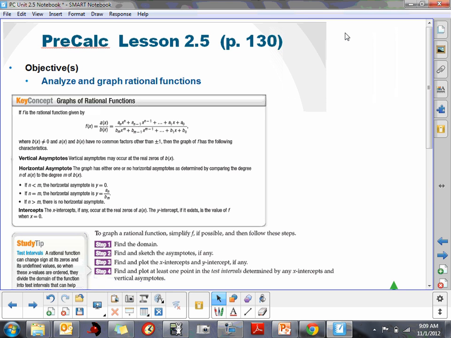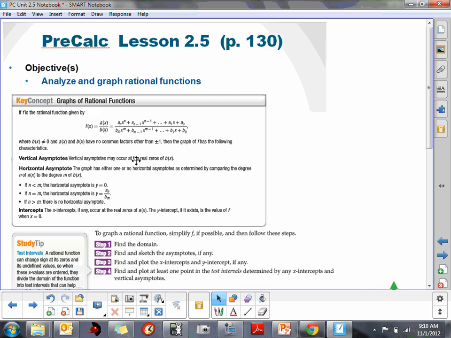The next few examples, we're going to look at analyzing the location of the vertical and horizontal asymptotes and the x-intercepts in further detail. They give you a key concepts box here that helps you analyze the information. This is the same information that I gave you in the first video of this lesson, where we're looking at the related zeros. Any factors that are in the denominator will end up being related back to vertical asymptotes. So if you have a factor in the denominator, that factor and its related zero will then tell you the location